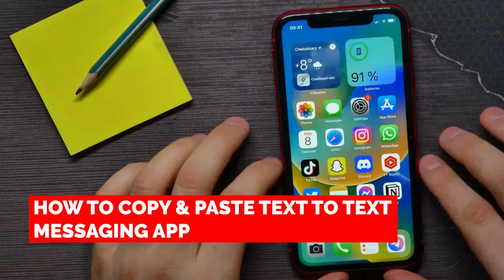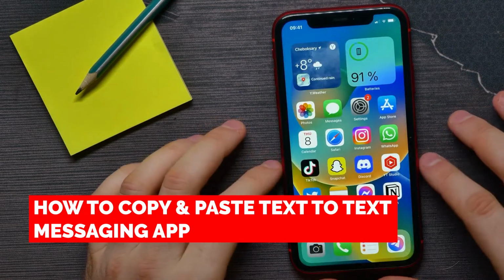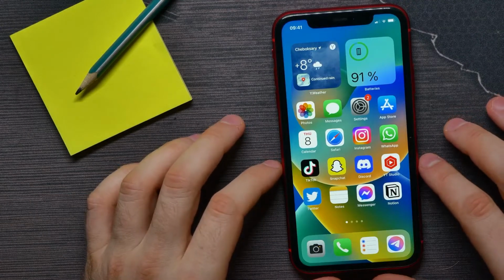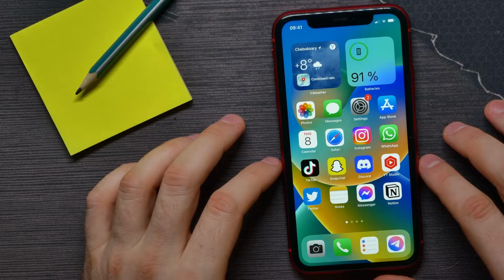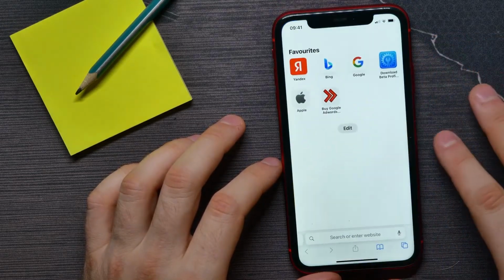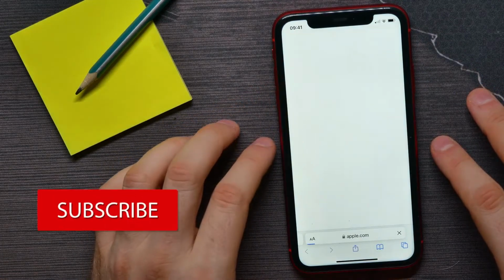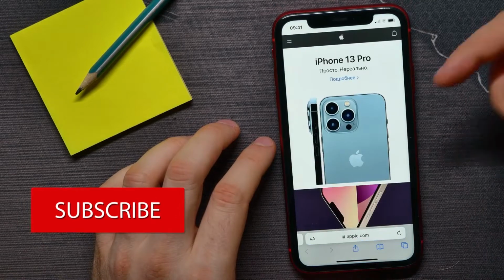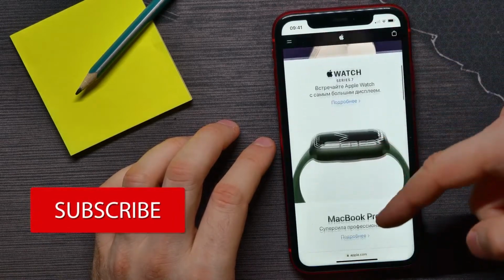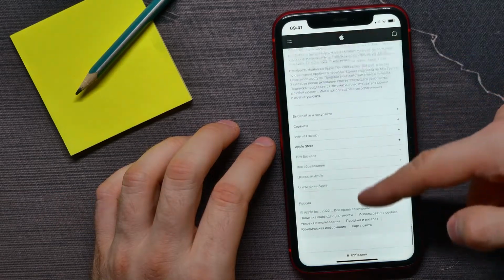In this video I'm going to show you how to copy and paste text into a text messaging application. That is quite simple and easy to do, so let's begin. Let's say I want to copy some text from apple.com. So I go to apple.com and there I can scroll down that site and now I can copy some text